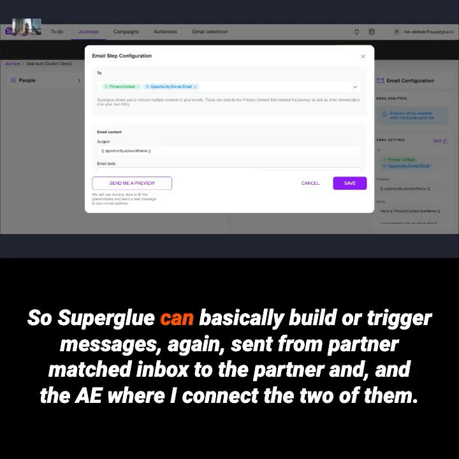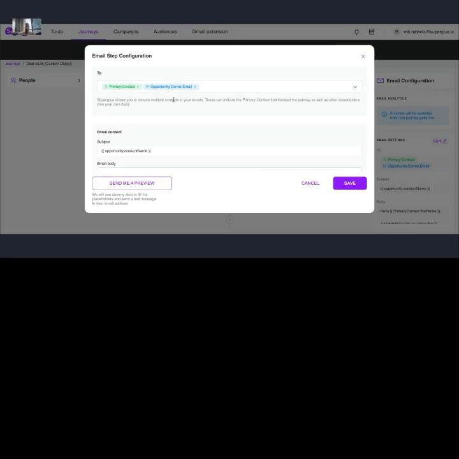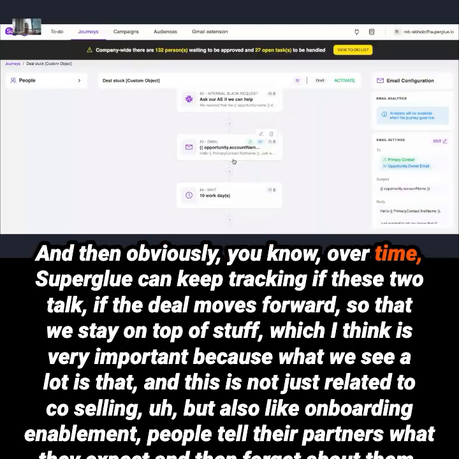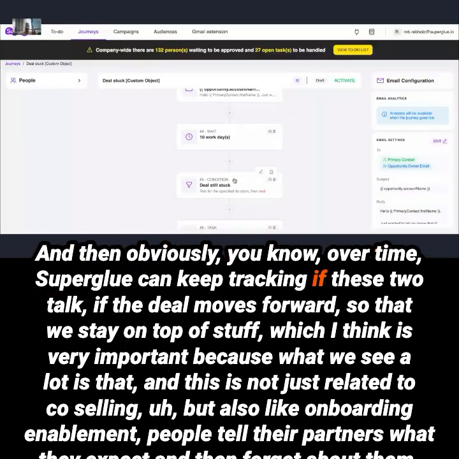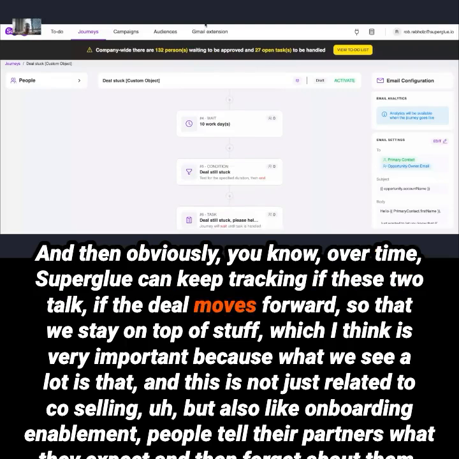Superglue can basically build or trigger messages, again sent from a partner-managed inbox to the partner and the AE, where I connect the two of them. And then obviously, over time, Superglue can keep tracking if these two talk, if the deal moves forward, so that